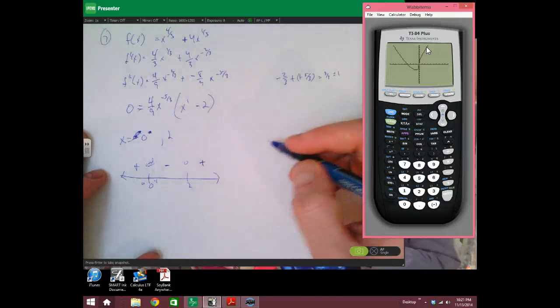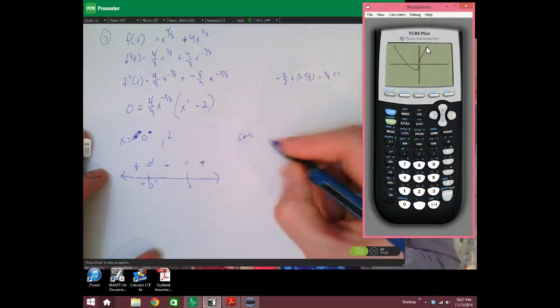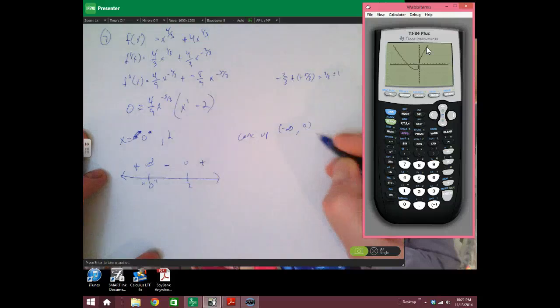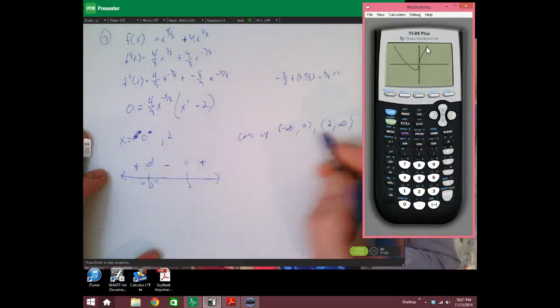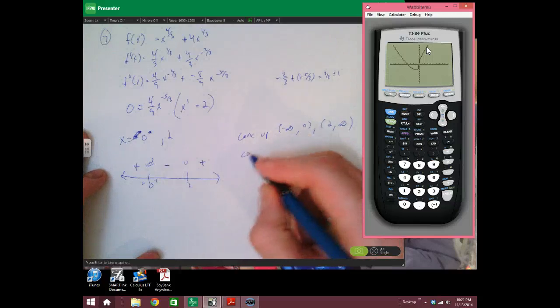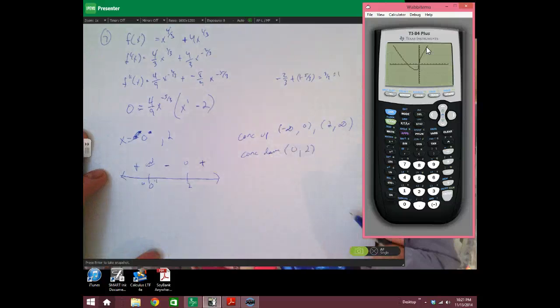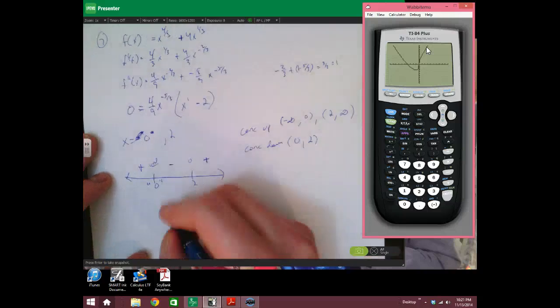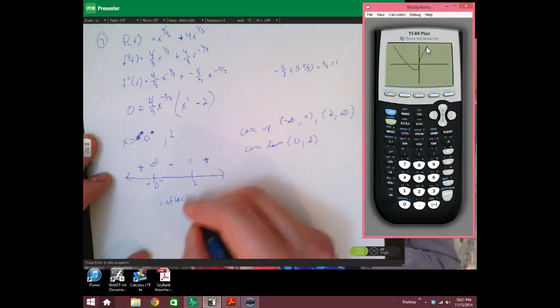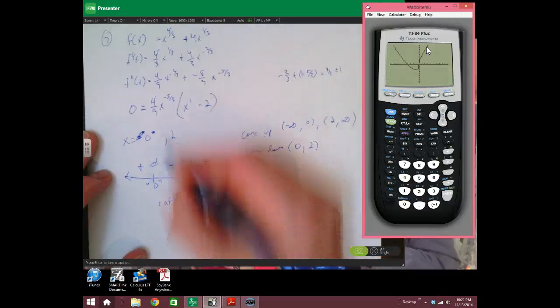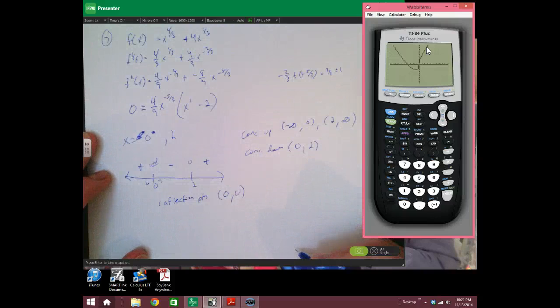So now, as far as our concavity is concerned, we are concave up from negative infinity to 0, and then from 2 to positive infinity, because this is an open interval forever. We're concave down between 0 and 2. And then we'll go back and find our inflection points. One's at 0, so 0, 0. And then the other one